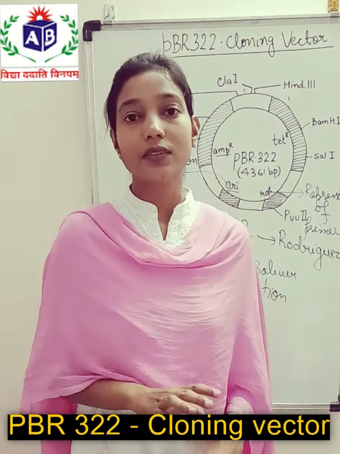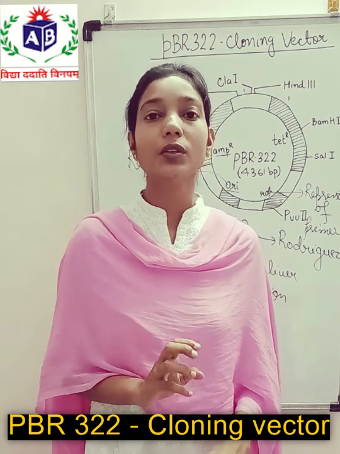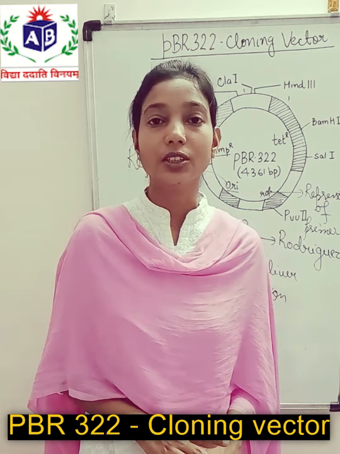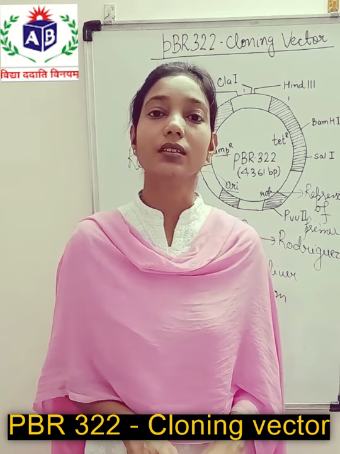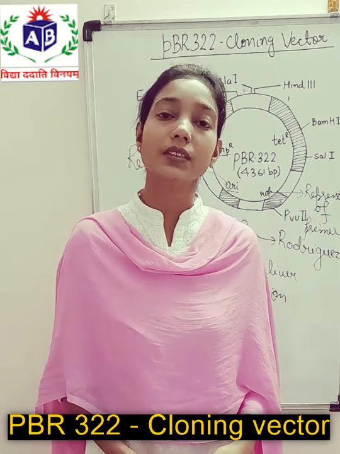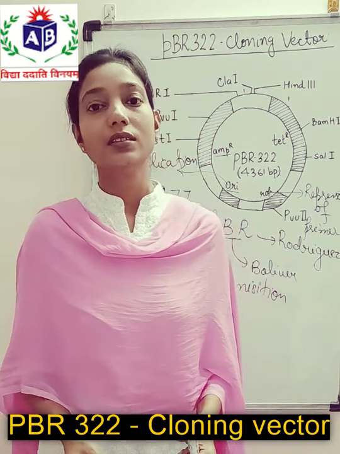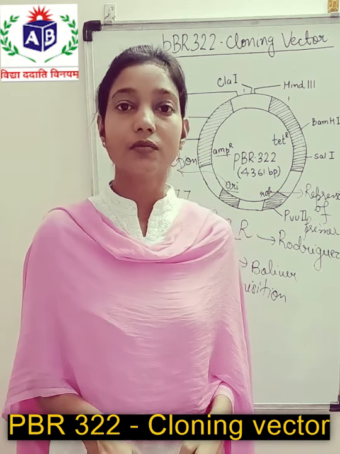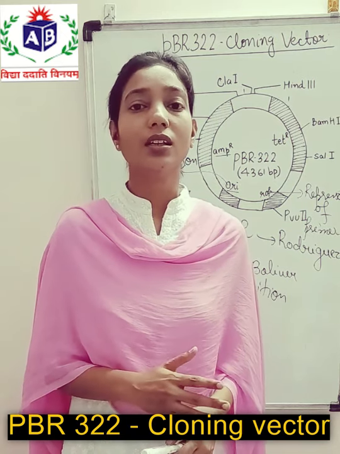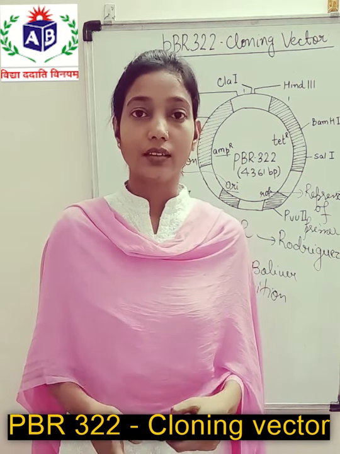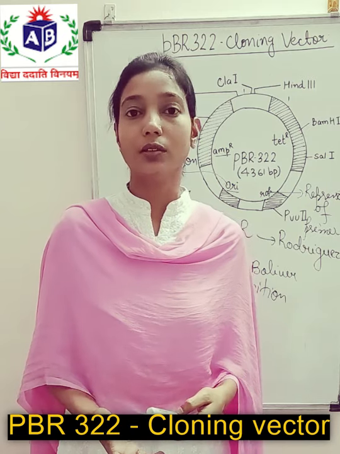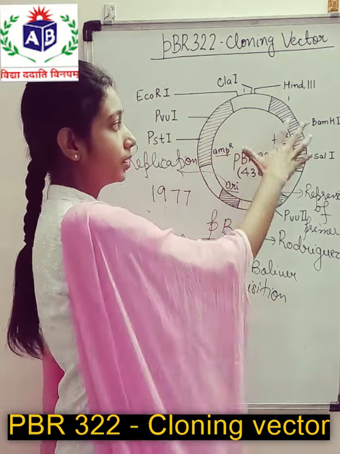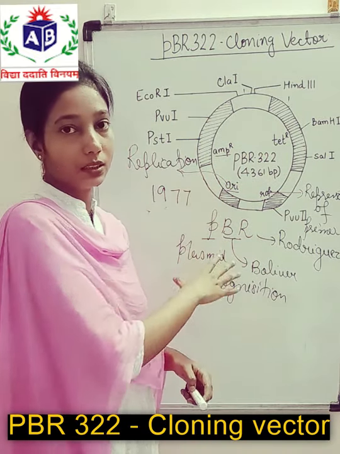For a good plasmid, it is very essential that it possesses few recognition sequences for restriction enzymes. And it is very essential that for a particular restriction enzyme only one recognition sequence is present. Because if multiple recognition sequences for the same restriction enzyme are present, it will lead to multiple fragments of DNA, and that will complicate the process of gene cloning.